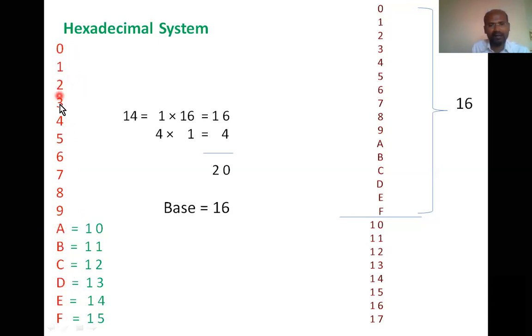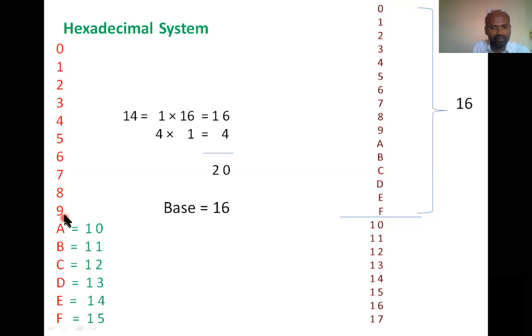See, these are all weighted symbols. Of course, decimal symbols are also weighted. Octal and hexadecimal are all weighted symbols. Weighted symbols means what? 0 means nothing. 1 means 1 unit higher than 0. 2 means 2 units higher than 0, or 1 unit higher than 1. 3 means 3 units higher than 0, or 1 unit higher than 2. What about 5? 5 is 1 unit higher than 4. Like that, these are weighted symbols.